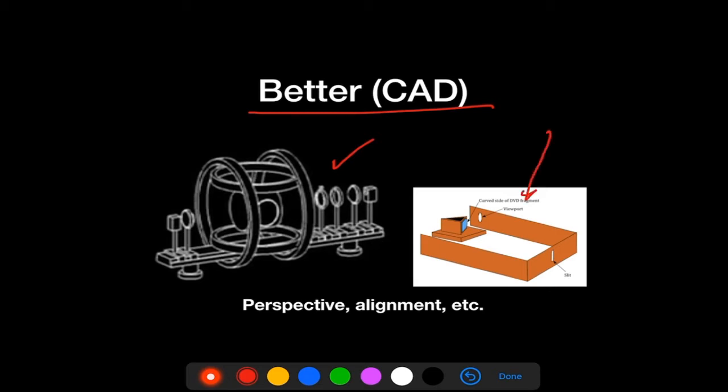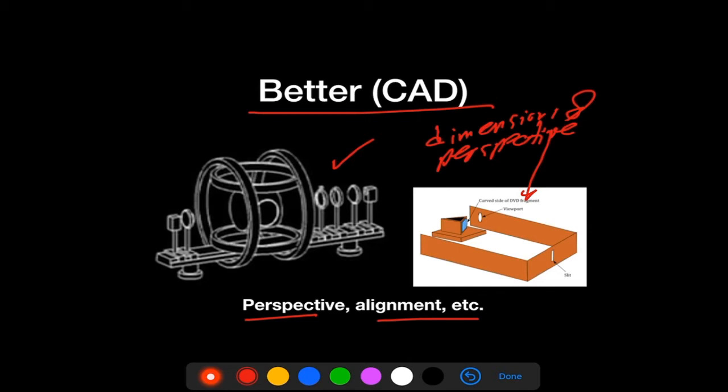This is what you find in publications typically, but what CAD does, of course, is it allows you to have the dimensions and perspective all taken care of for you. Here's the perspective alignment and so on. It's taken care of for you, so they're nice to use in that regard, but they have a very steep